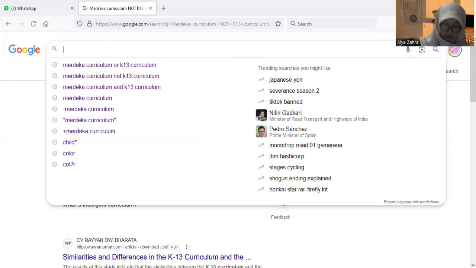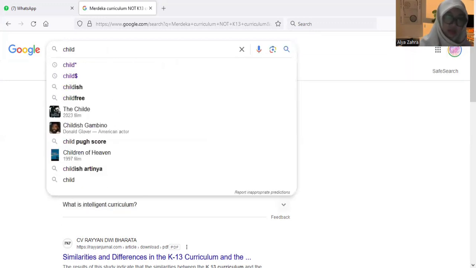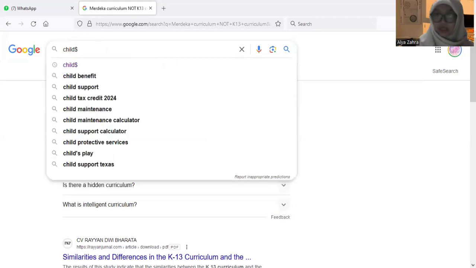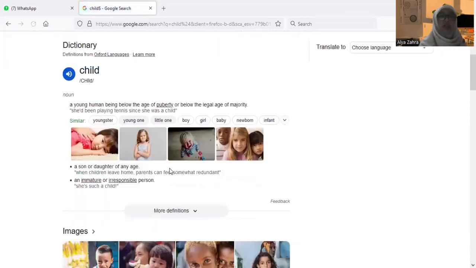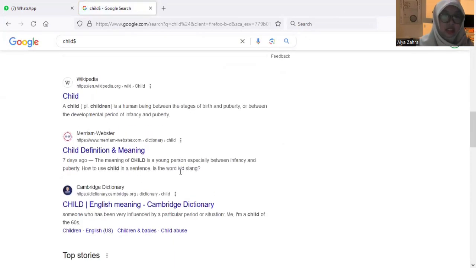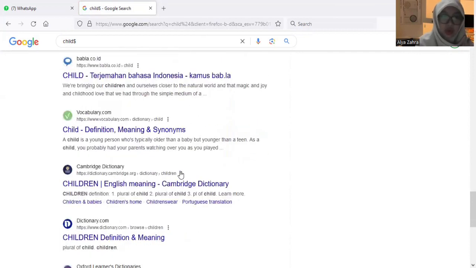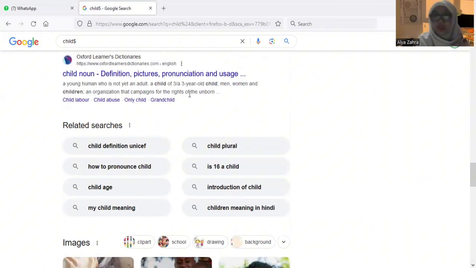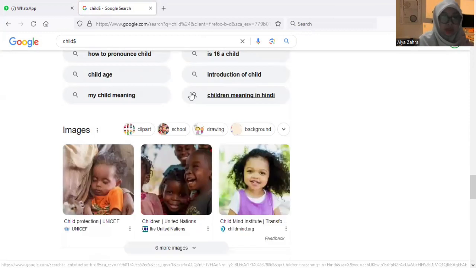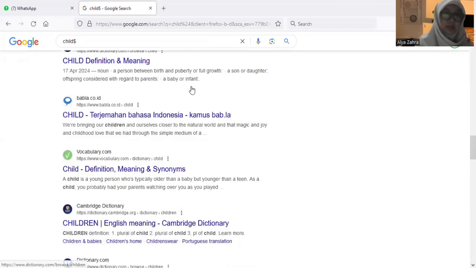When we use child with this punctuation, like a dollar sign, see, this is child, and we can see the definition or similar like children, also grandchild, when we use child.